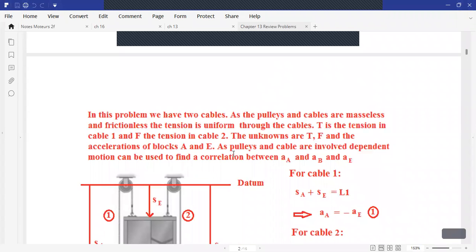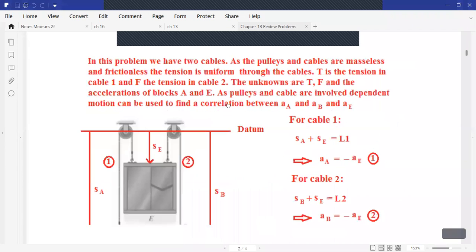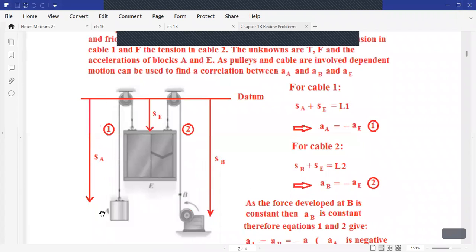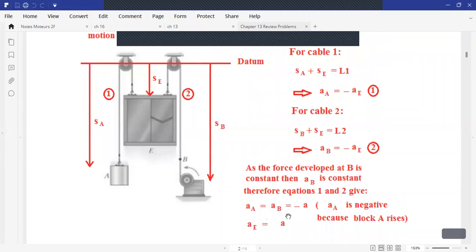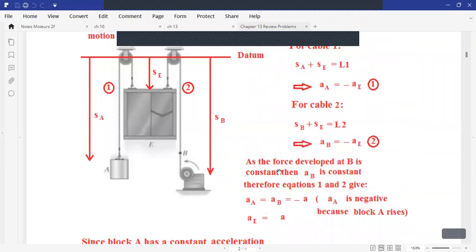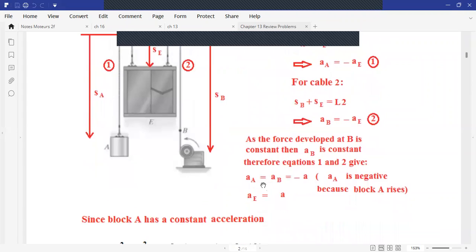Miss, we took down as positive, right? Yes. Jennifer, you took down as positive because these are your coordinates for A, E, and B. Okay. And now, after you get these relations we have talked about from cable 1 and from cable 2, you can relate the accelerations. So AA is equal to AB equals minus A, and AE is equal to A. Okay. Now,